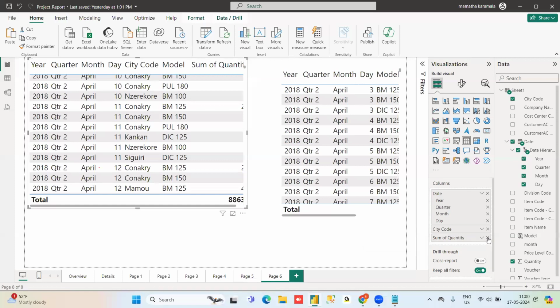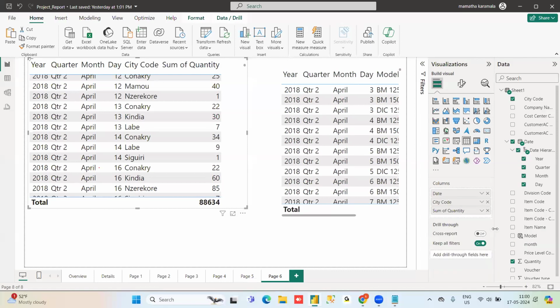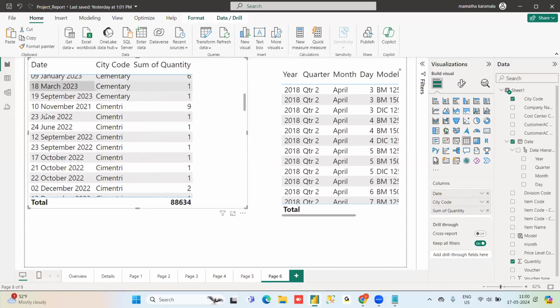Now, I asked you one question, right? So how you are going to, that's very easy. I will show that. If you click here, date, just right click in the date column. Date hierarchy is there, no? Just this check mark off. You just click on date. That's it. It solves our problem. So it will represent in this date format.